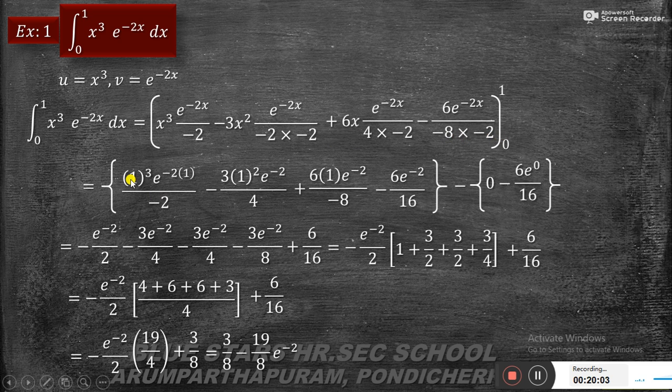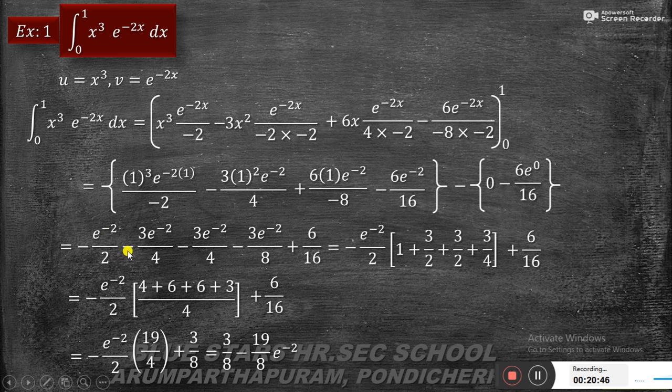So the next step you write 1 cube e power minus 2 into 1 by minus 2 minus x, I substitute throughout x equal to 1, so 1 cube e power minus 2 into 1 by minus 2 minus 3 into 1 square e power minus 2 by minus 2 into minus 2, 4, plus 6 into 1 e power minus 2 by minus 8 minus 6 into e power minus 2 by minus 8 into minus 2, 16, therefore minus, now I apply the lower limit, so 0, the 0 minus the lower limit is 6 into e power minus 2x by 16, so this is x equal to 0, I substitute,